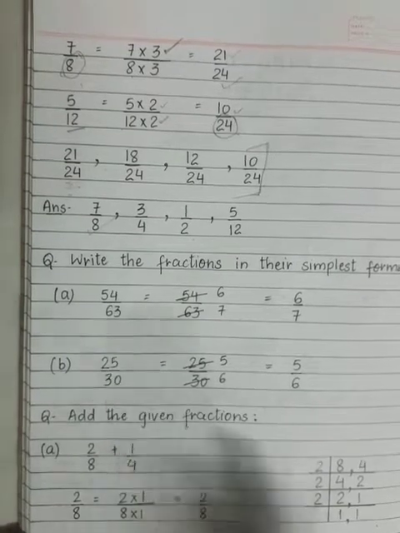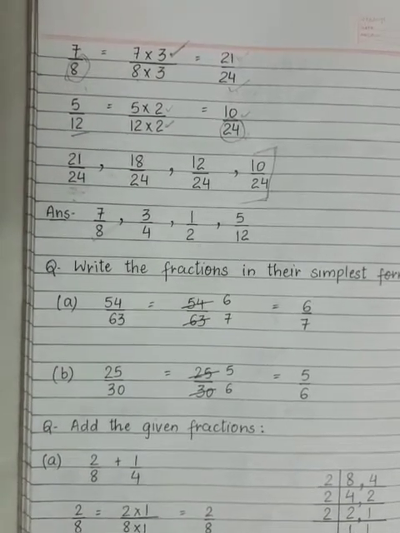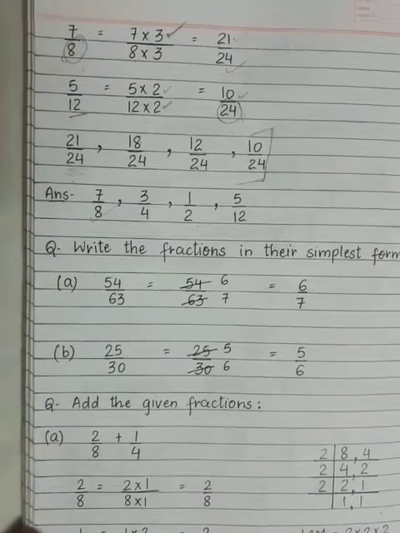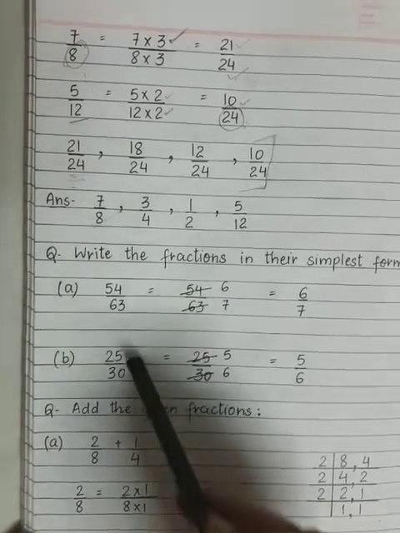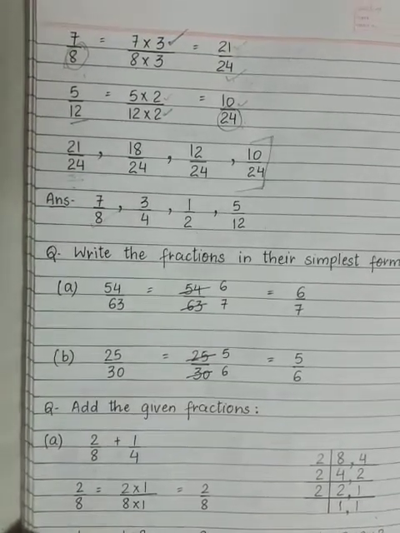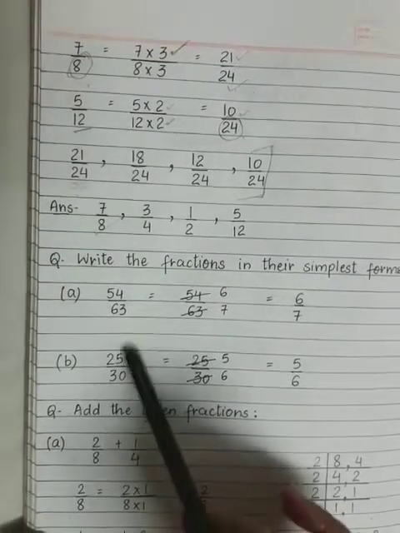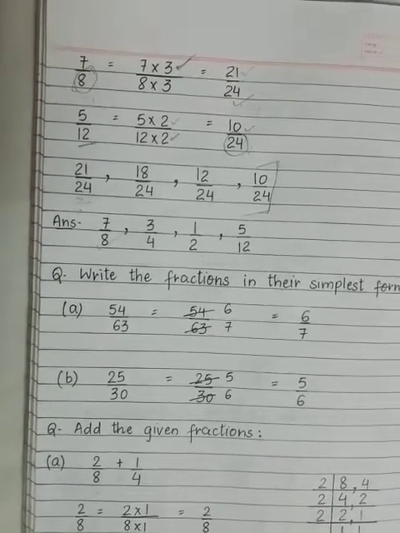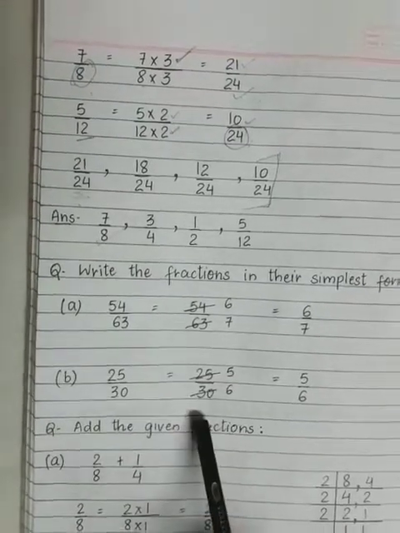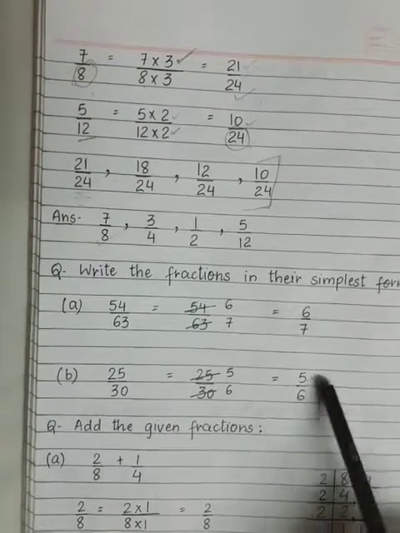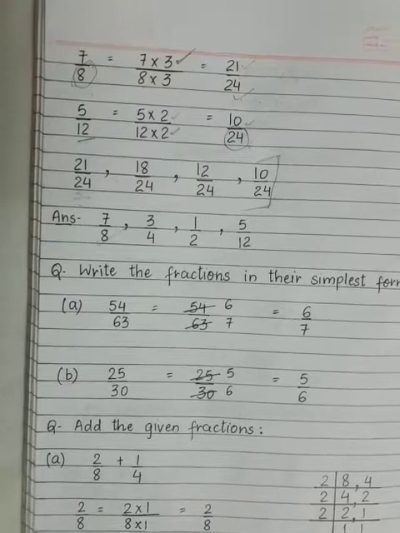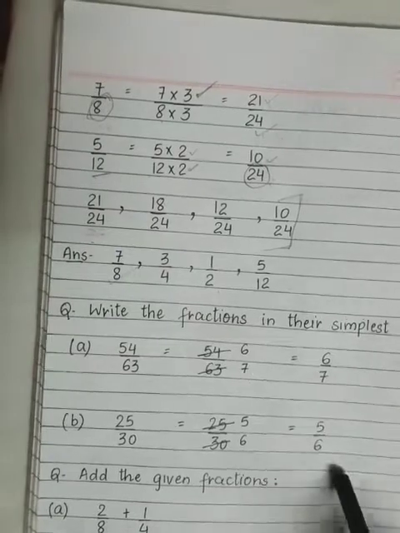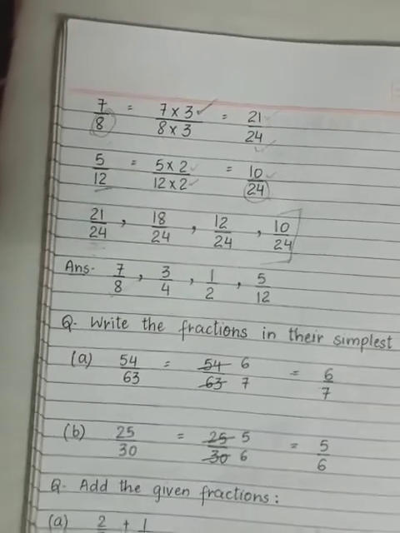Okay. Now 25 upon 30, again to reduce it into the lowest term or simplest form, we have to divide the numerator and denominator both by their highest common factor, HCF. So, the highest common factor for both the numerator and the denominator is 5. So, we divide by 5, 5 5s are 25 and 5 6s are 30. Okay, and we get 5 upon 6 as the lowest term or simplest form, because 5 and 6 both have only 1 as their common factor. Okay.